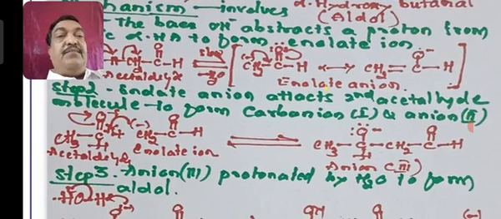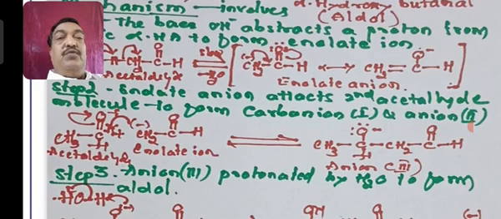Now in the second step, the enolate anion will move towards the second molecule of aldehyde, CH3CHO. Generally, a carbonyl group contains negative oxygen and positive carbon. This is a note to you. I hope you know it. Then I can show the shift here: the carbon will be plus, oxygen will be minus, and the CH2CHO minus enolate anion attaches to the carbon, making CH3CH(O minus)CH2CHO.